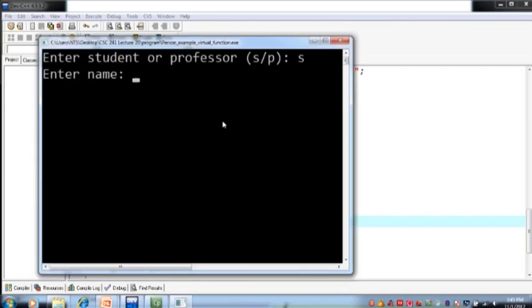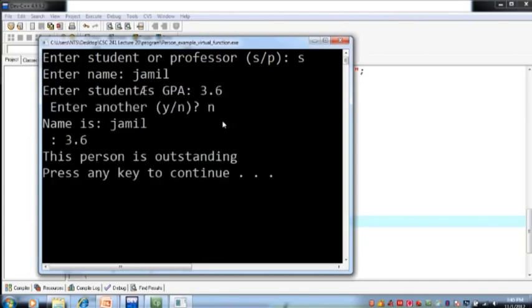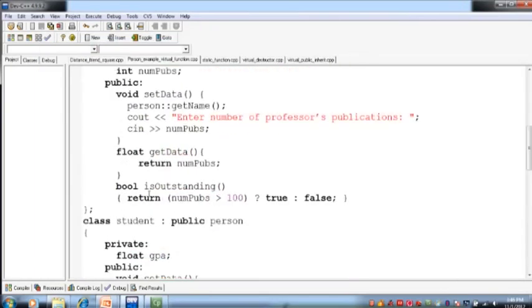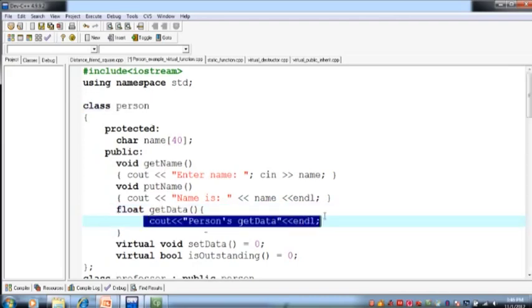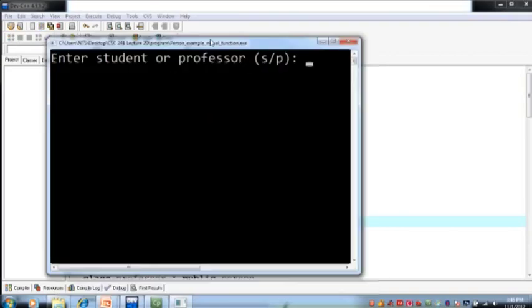स्टूडेंट नेम इज Jamil, CGPA is 3.6, right? And if I remove the keyword virtual, अगर मैं यहाँ से कीवर्ड virtual रिमूव कर दूँ गेट डाटा फंक्शन से बेस क्लास में, अब वो इसको एग्जीक्यूट करेगा, ठीक है, पर्सन्स गेट डाटा इसको एग्जीक्यूट करेगा, देन एंड लाइन इंसर्ट कर देगा, राइट। सो लेट्स चेक इट आउट, कंपाइल एंड एग्जीक्यूट इट।